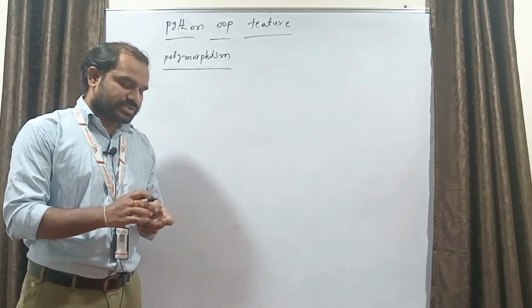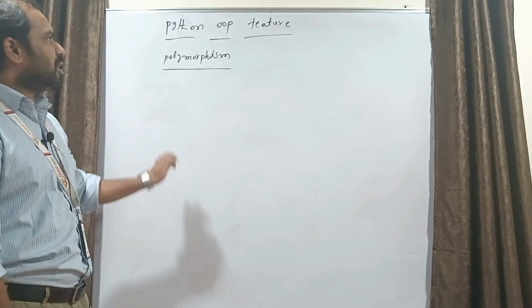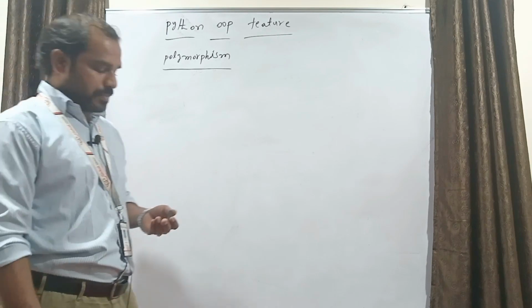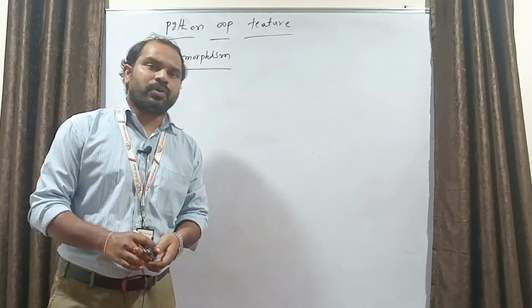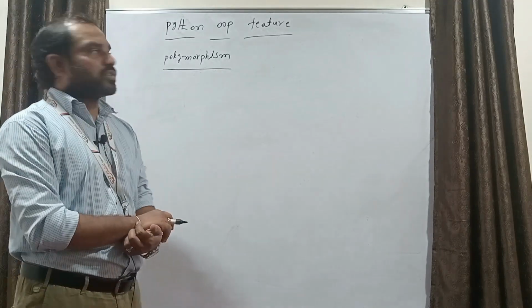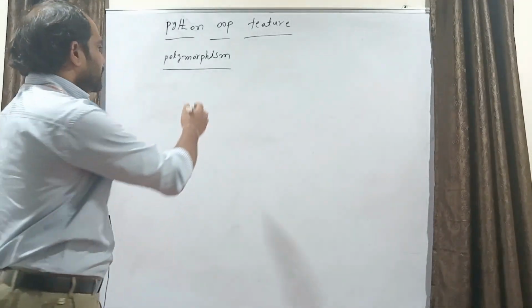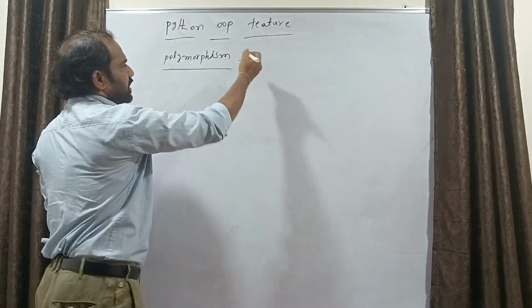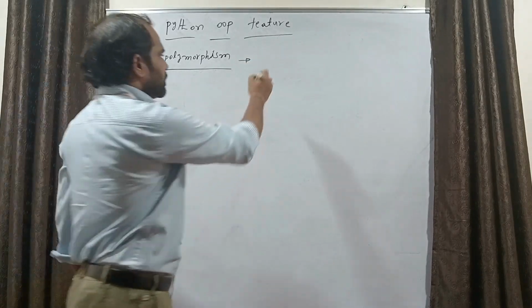So today we are going to discuss the topic which is polymorphism, a feature of Python in object-oriented programming. In object-oriented programming, there is a feature which is called polymorphism. So what is polymorphism? Generally, the word poly means many,